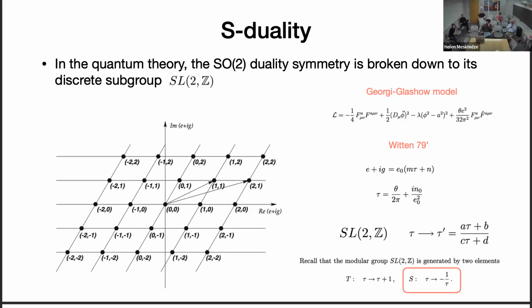But it turns out that in the quantum theory, there is a subgroup of this would-have-been classical duality. So maybe it's a little bit misleading. In this theory there is no classical duality. I see. So this statement is a little bit misleading. Yeah. But I won't be saying anything related to that. That's too far. But just as an idea of what we can use duality for in the future.